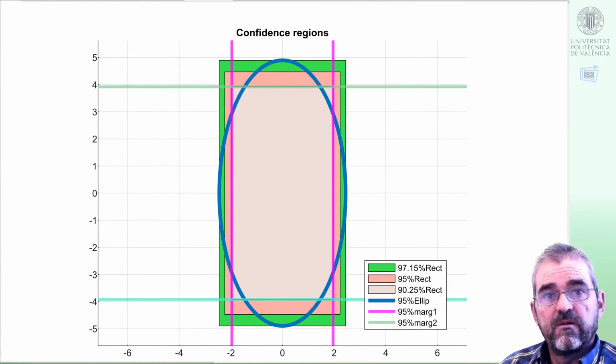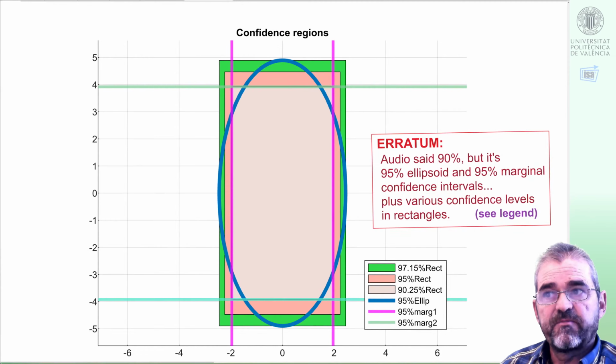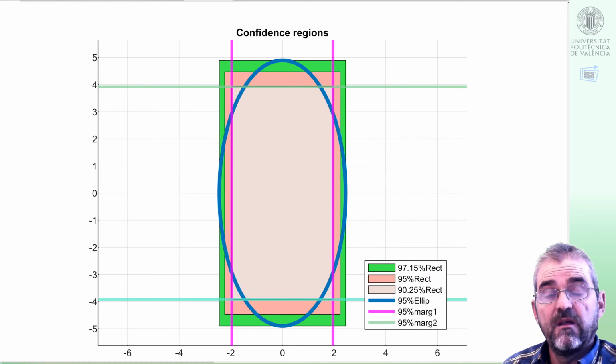This is the 90% confidence case, and we have the ellipse computed with the chi-square formula, the plus minus 1.96 standard deviations computing the marginals, the pink stripe going to plus minus infinity in the non-considered variable, or the greenish cyan stripe, and multiplying those probabilities, we obtain the light pink 90% confidence rectangle, 0.95 squared,